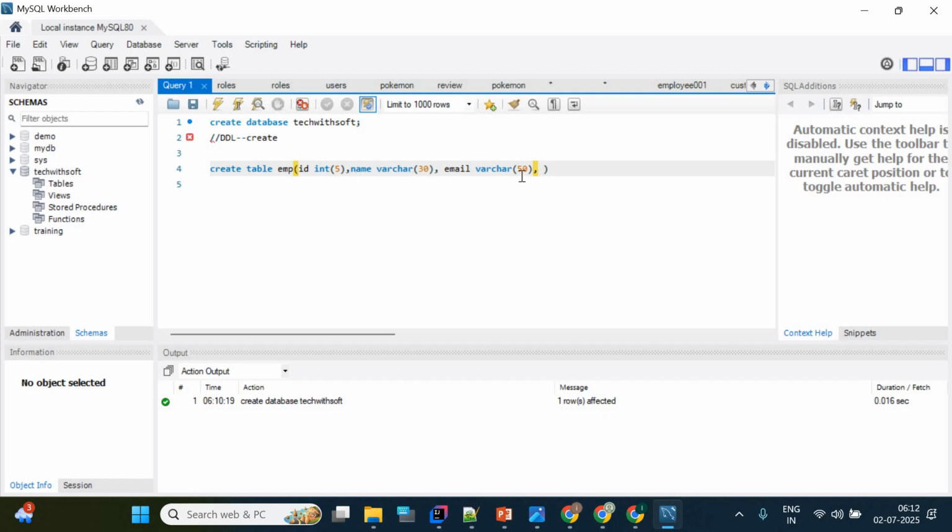So ID, name, email, and suppose salary. Salary could be a float, which stores values as floating point. I can give 5 comma 3, something like that. So that is the complete command: create table, table name, and it may have a number of columns. I'm keeping only 4 columns right now because I'm just starting to learn the basics. So ID data type int 5, name varchar 30, email varchar 50, salary float. So let me